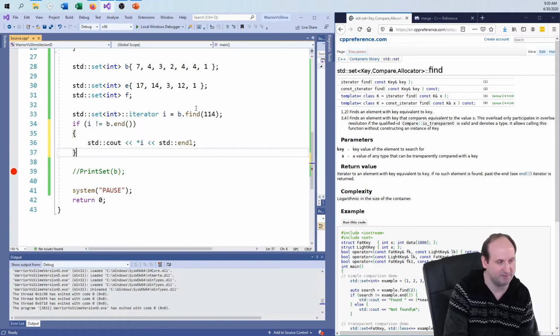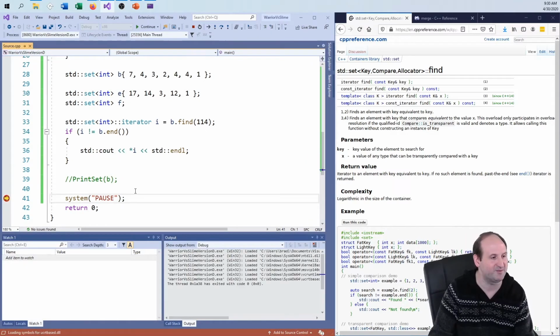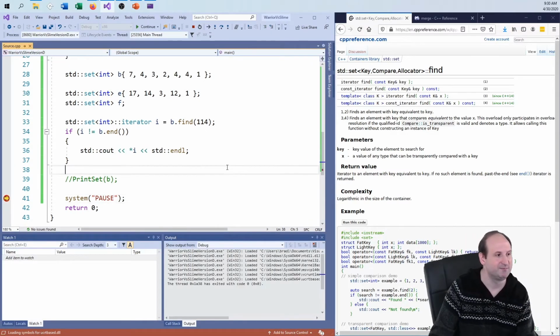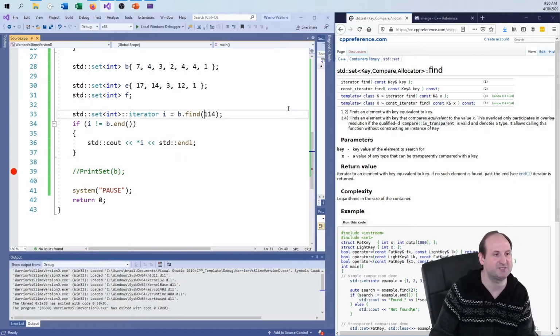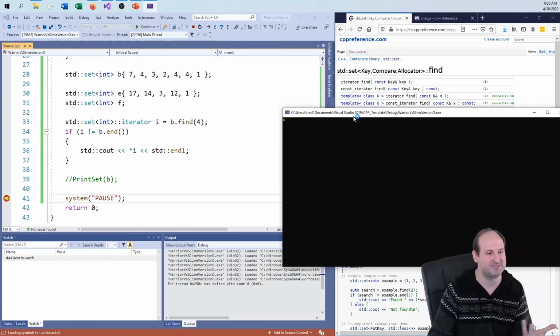So you have to do a little bit more work on the back end, and now it falls through. It does not crash on me. But let's go back and try this again. Just to make sure, put the 4 back in, and it should print the 4, and it does. So you do have to do some extra work for this data structure